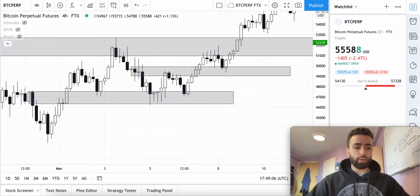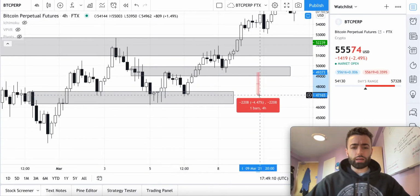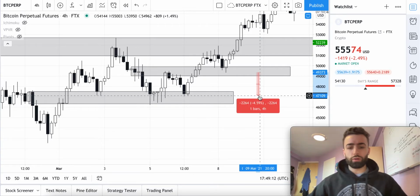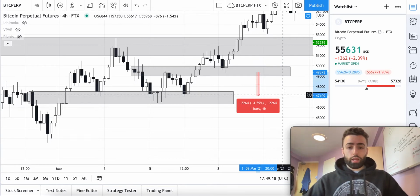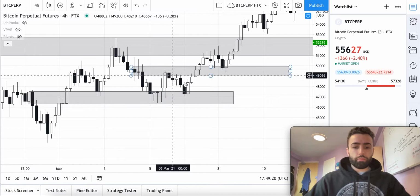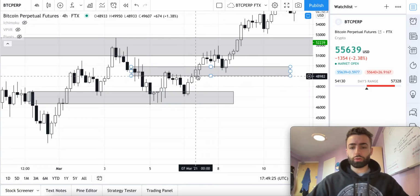Oh, sorry, the magnet is messing up with my measurement tool. Take that down to the bottom. That's about 4.58%. So we'll add that. Then from there, we are not going to try and take this trade again right here to short it again, because